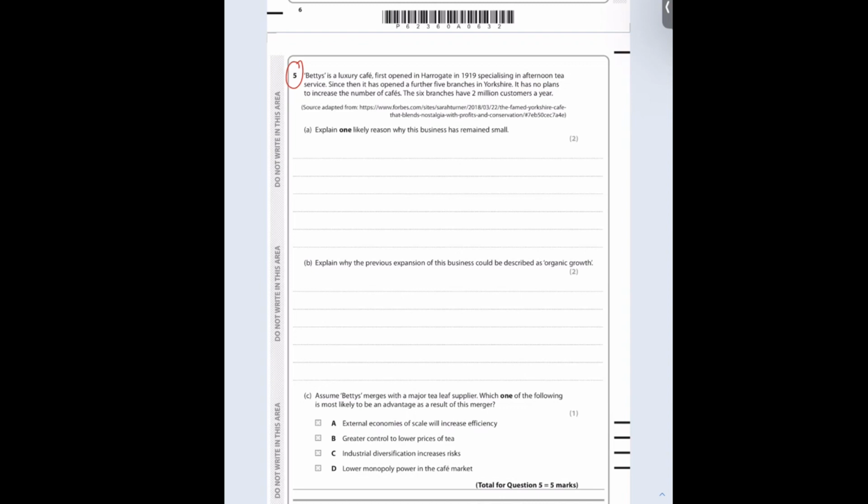Any number of things. Let's go with, actually, you know what? To improve the service of the business. So one likely reason